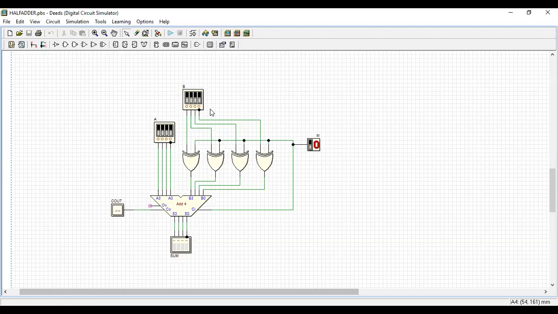So few of you still have doubt in how the same circuit is used for addition and then subtraction, isn't it? So I'll take you to the slide and then I'll clarify with a simple example so that it will be clear for you. Okay. So that is the idea.